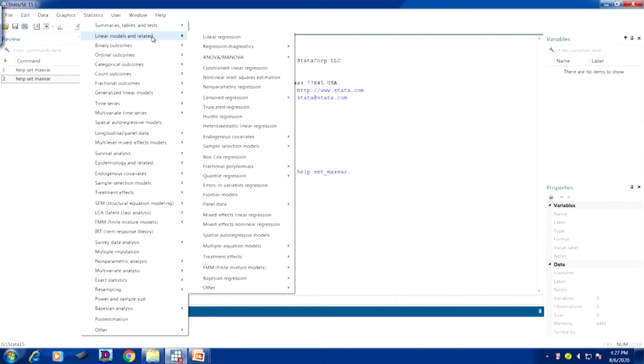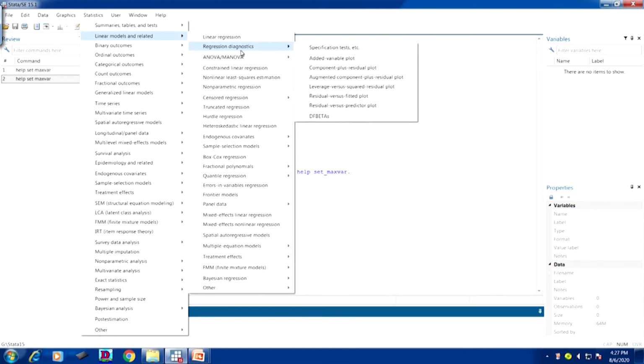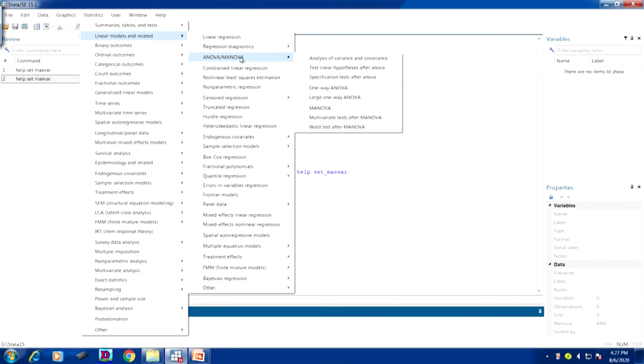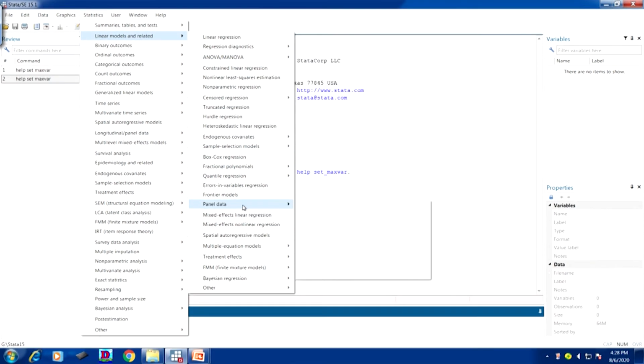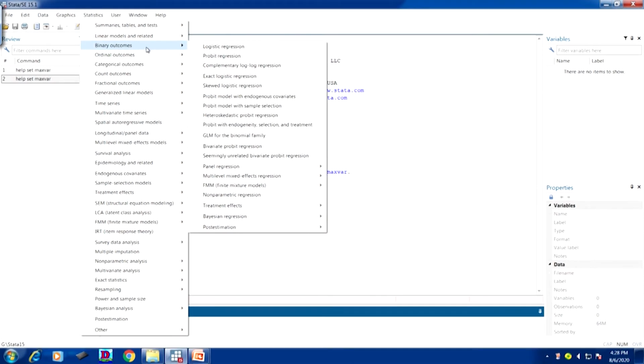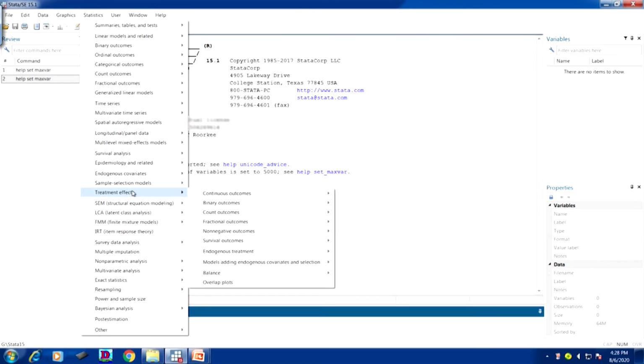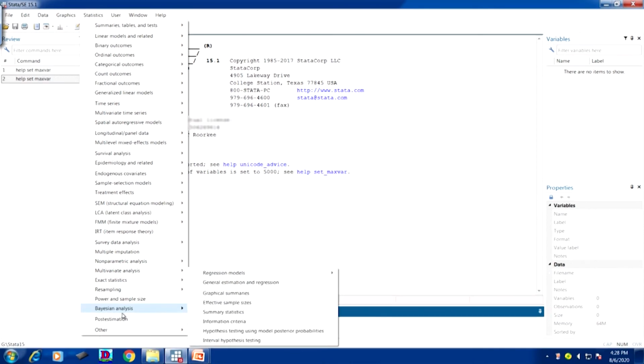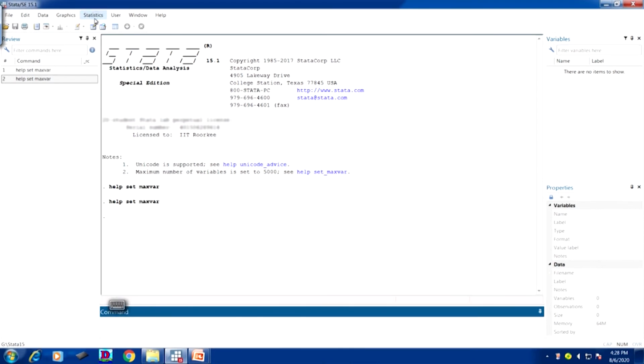We usually go for OLS regression model, linear regression, regression diagnostic tests, ANOVA, MANOVA. There are so many operations, panel data, and binary outcomes like logistic regressions, and so many. Those who go for experimental design, they have also some options. Okay. So, you will explore later on.